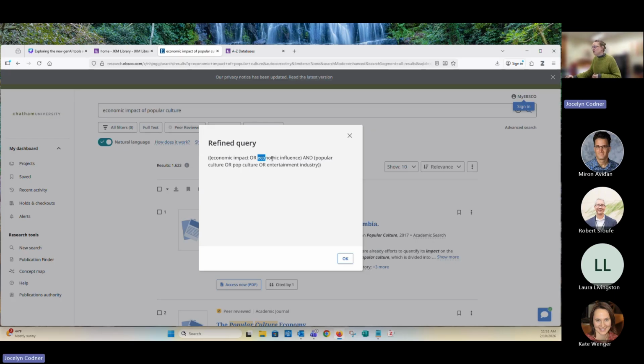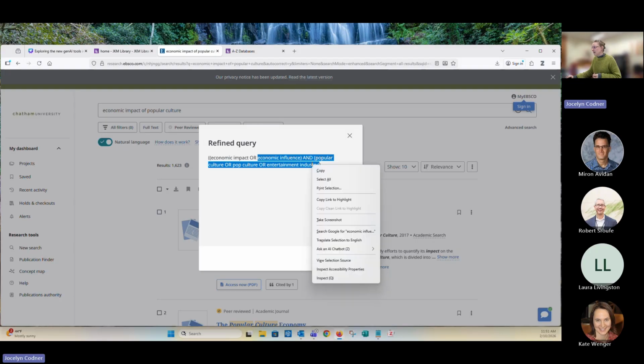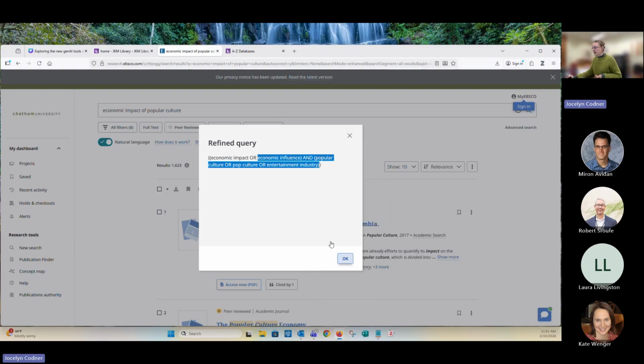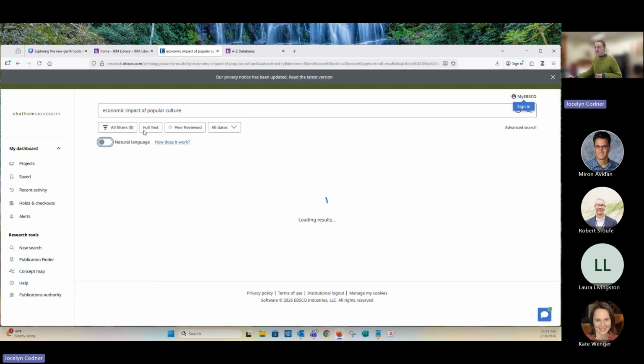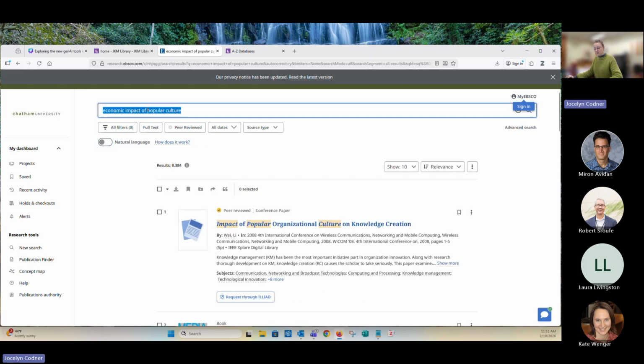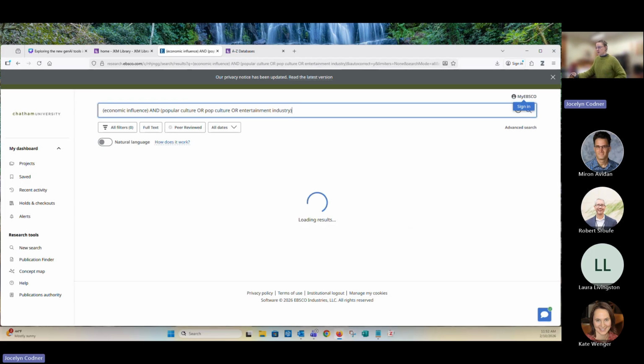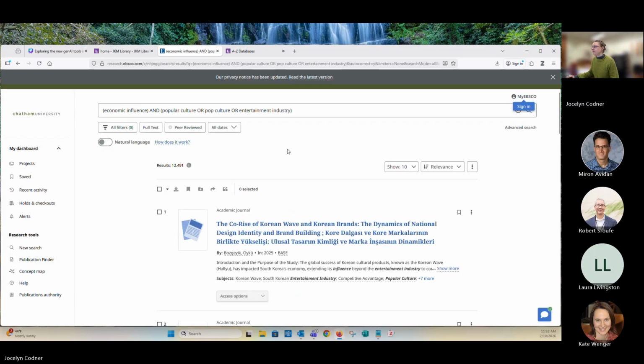So I'm going to just copy a chunk of this. I'm going to deselect natural language search. I'm going to toggle that off because we're going to go back to Boolean formatting. I'm going to tidy up my Boolean formatting, and then I'm going to search, and we'll see what we get. So now our search result gives us